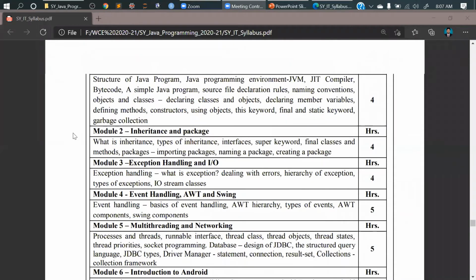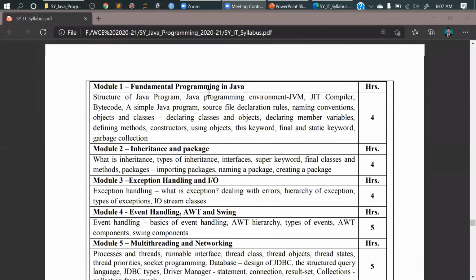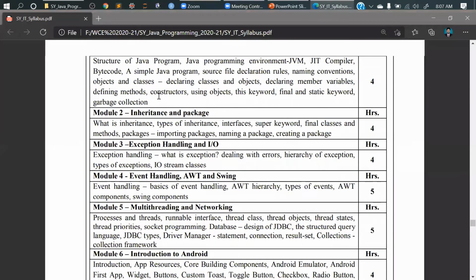We have different concepts. First, we'll be covering the basic fundamentals of Java. Then we'll have inheritance and packages. Then we'll see exceptions and input output with different stream classes. Then we'll see event handling, AWT and Swing. Here we'll have a graphical user interface using Java. Till now you have not created any user interface, right?